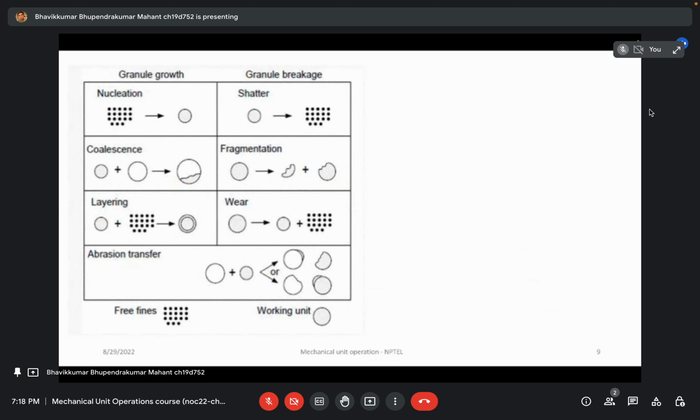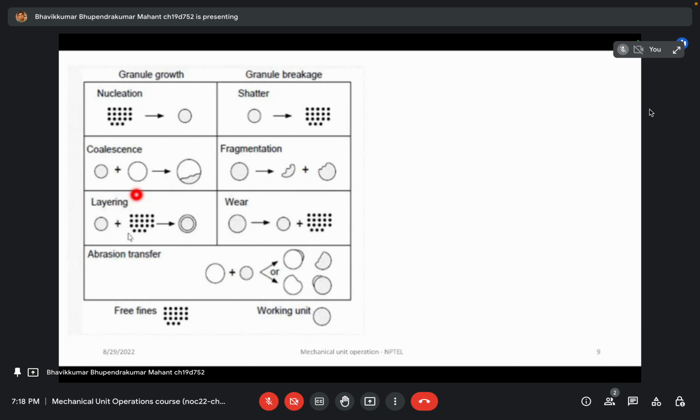And if you go by the typical textbook language and some professor lectures, this is granular growth and granular breakage, you need to understand. In that one, nucleation, small fine particles are converted into bigger particles, and then the bigger particle forms by using coalescence. In coalescence, what happens? That particle comes into contact with another bigger particle, and both particles can be combined together in